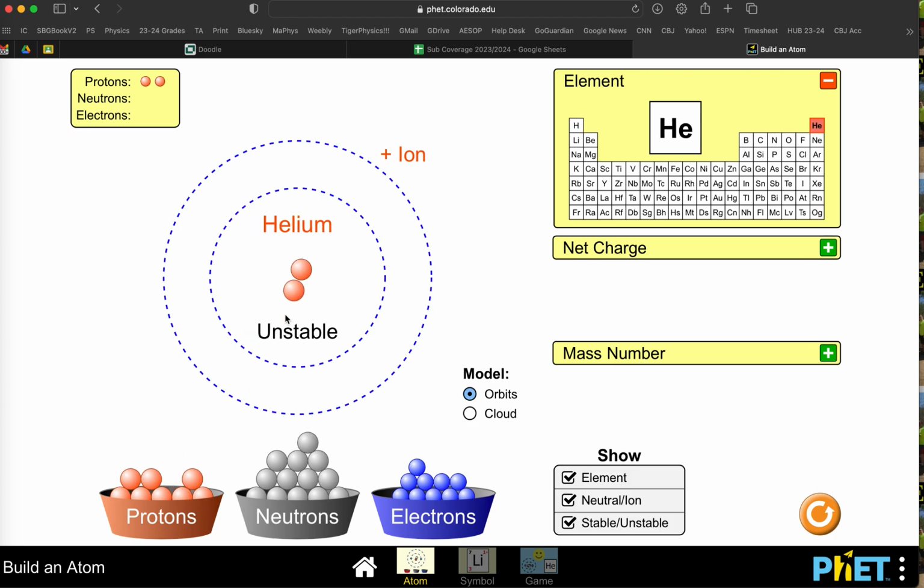Add another proton. Notice the name of the element change over on the right. The place on the periodic table has changed. Then start adding neutrons, and notice when it's stable and when it becomes unstable. And then keep repeating the process